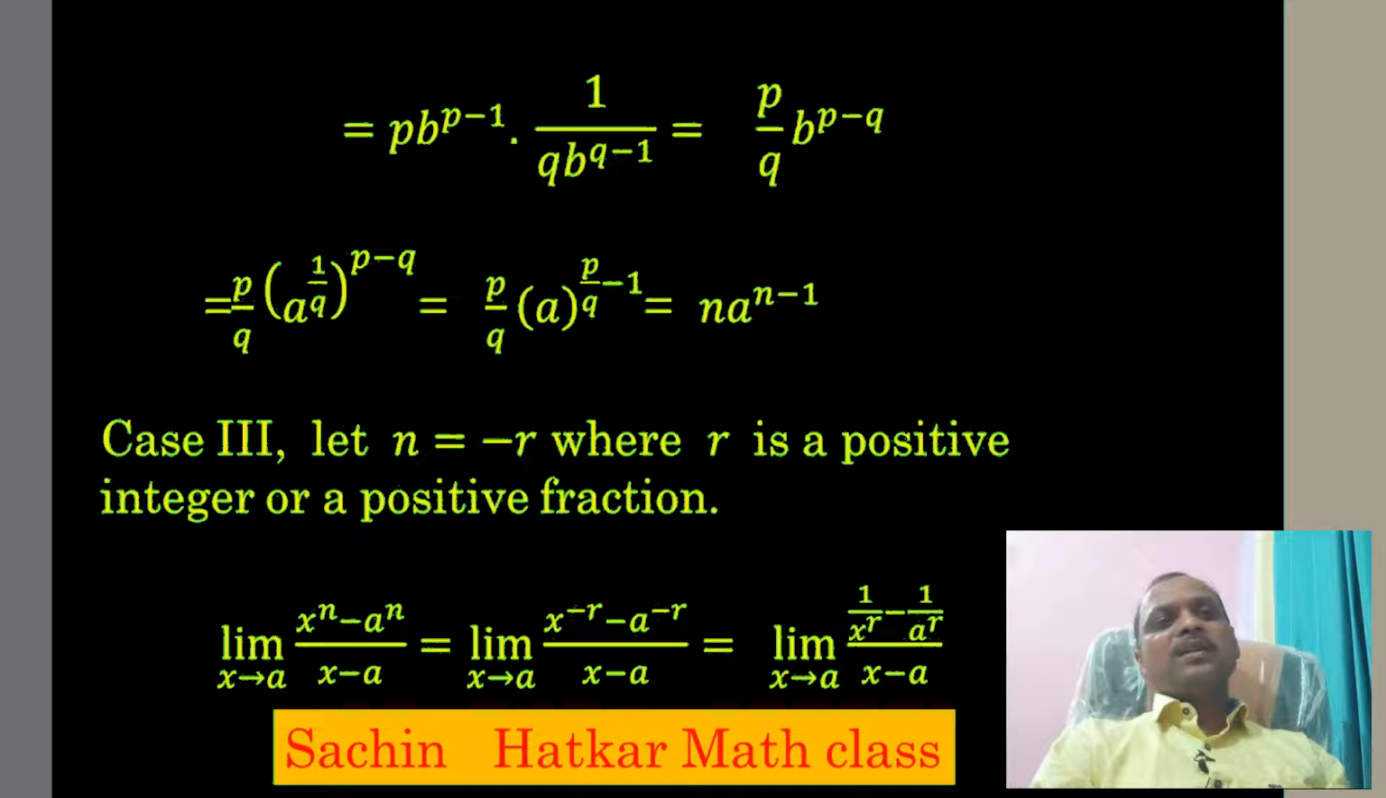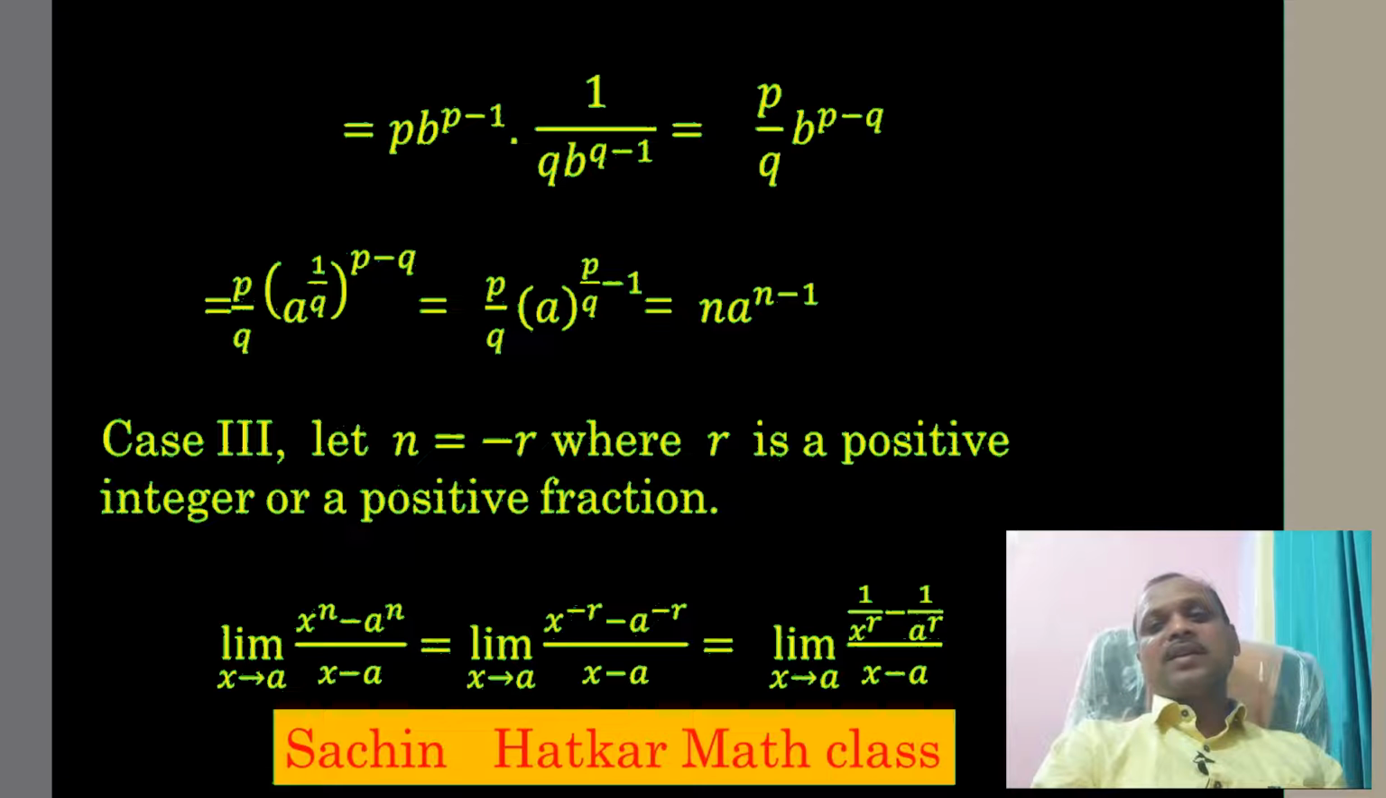Now the p minus q, we divide this p minus q by q and we get a raised to p divided by q minus 1, but p divided by q is nothing but n, and we get n into a raised to n minus 1. So when n is a rational number, we get the same limit as n into a raised to n minus 1. Now the case remaining is when n is